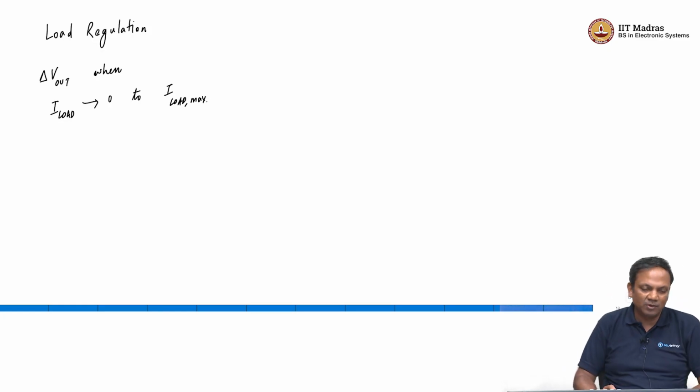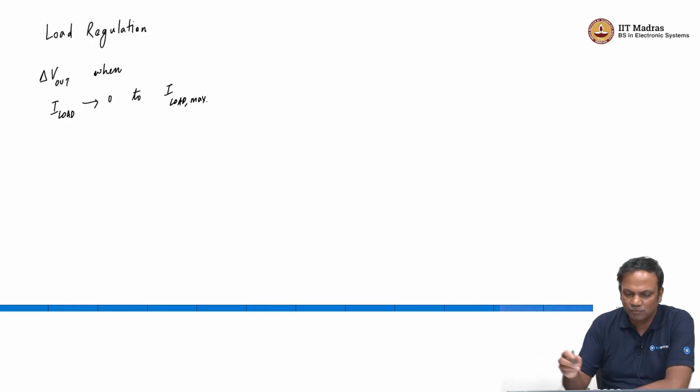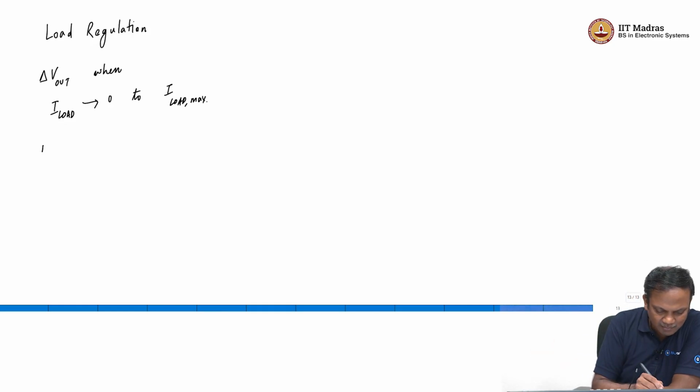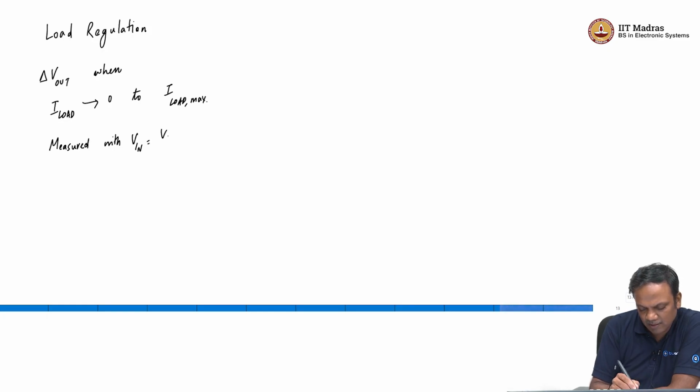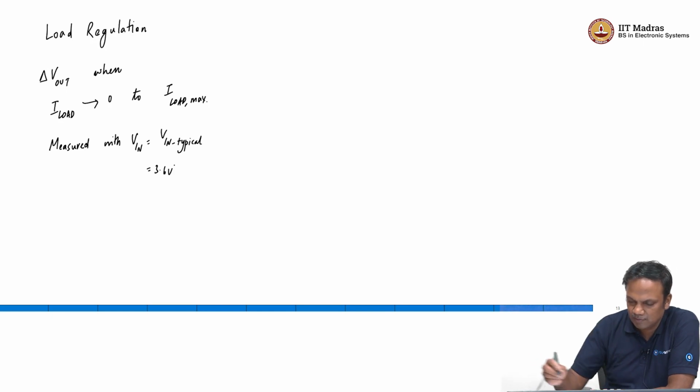In our case, the maximum load current is 100 milliamp. And this again is measured with V in equal to V in typical. In our case this is 3.6 volt. So, let us say we have 3.6 volt,